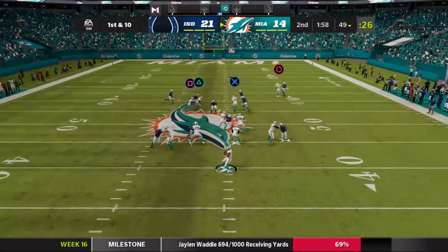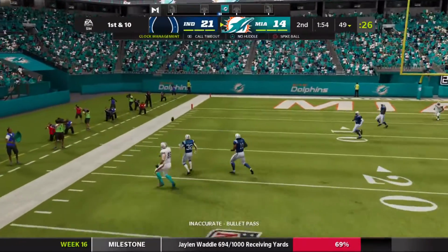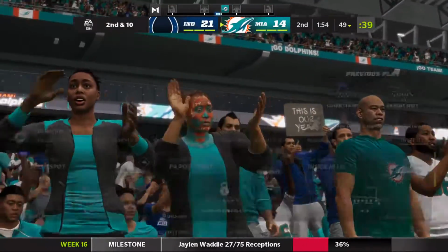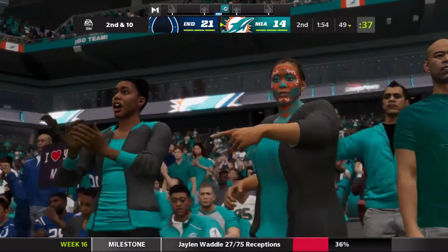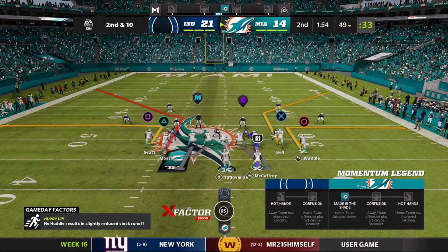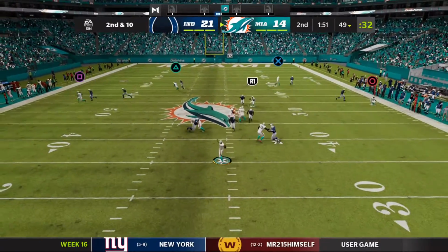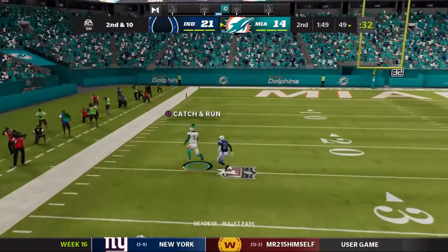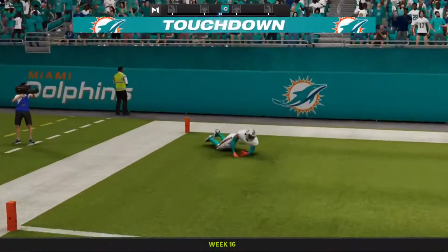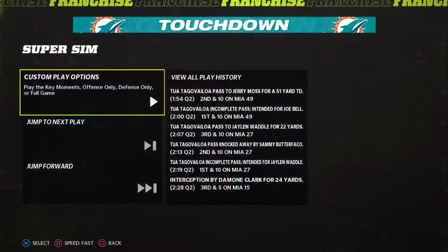Play action. Now it's Tua. And that is incomplete. When you've got a tight end who can run, you've got to give him a shot to unlock the defense. Want to see what they can get, taking the big shot downfield. That one winds up incomplete. To throw on 2nd and 10. Tua. Looking left side, and it's complete. And all the way in for a Miami touchdown. A great...